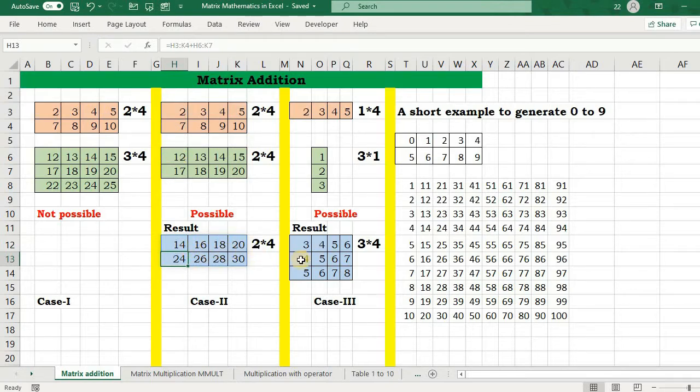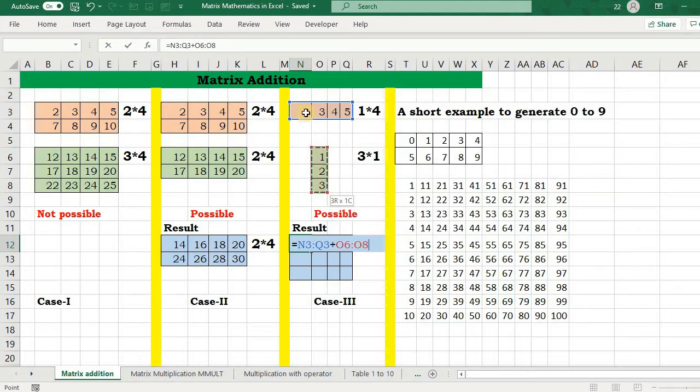Now in one more case we can perform addition, and this is when any n by m matrix is either added by an n by 1 or 1 by m matrix. I mean, this is a 1 by 4 matrix and this is a 3 by 1 matrix. So you can add this, like if you delete it, 1 by 4 plus,